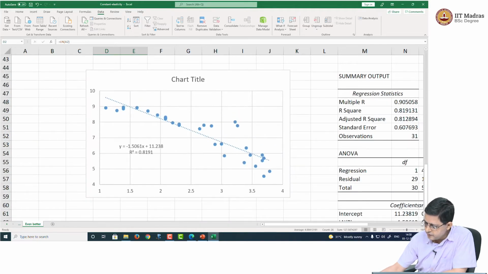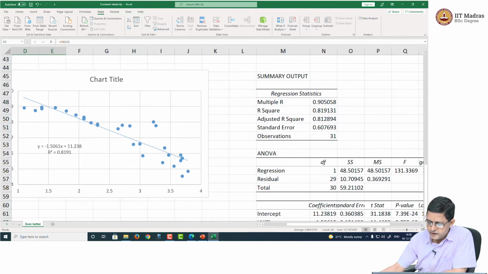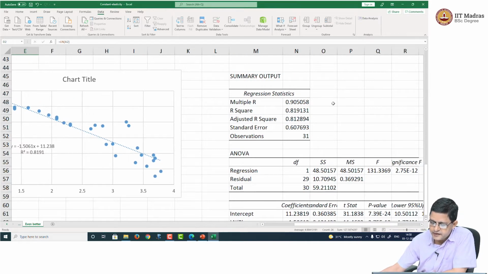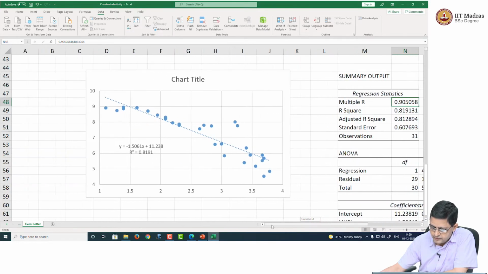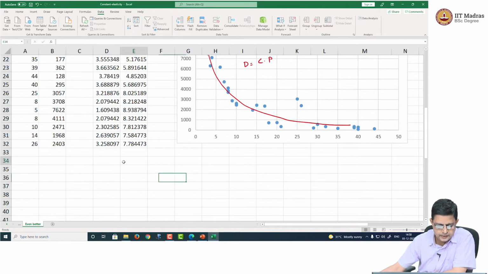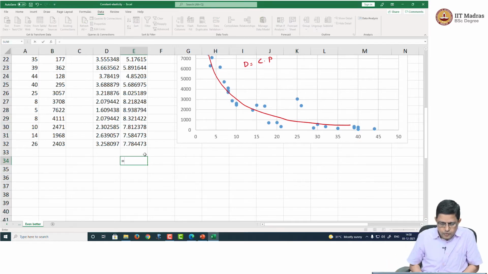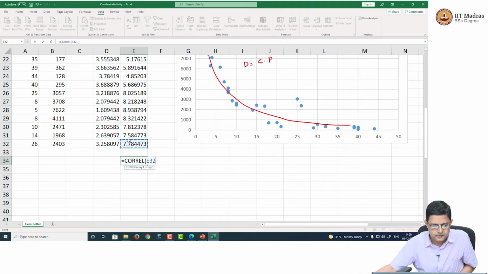What is the coefficient of correlation? The number indicates the strength of association and the sign indicates the direction of association. So this is going to give me 0.9, only the strength, it is not going to give me the direction. Direction can be obtained by using the Excel function. What is that Excel function? I will say CORREL, C-O-R-R-E-L, correlation between this array,